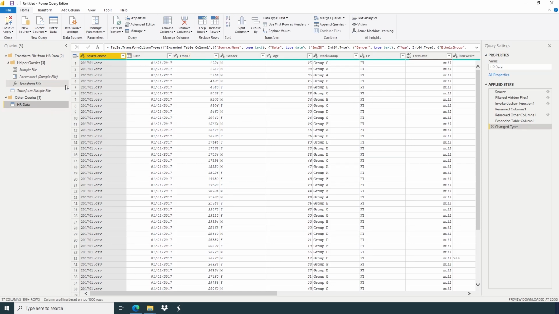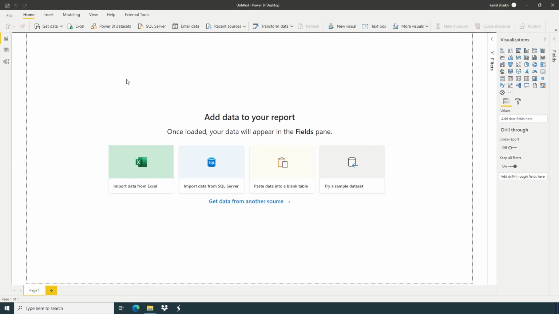So now I'm gonna show you what is the right method to connect multiple CSV files. Now we're gonna close this one again. Now I'm gonna show you the right method to transform multiple CSV files in Power BI.